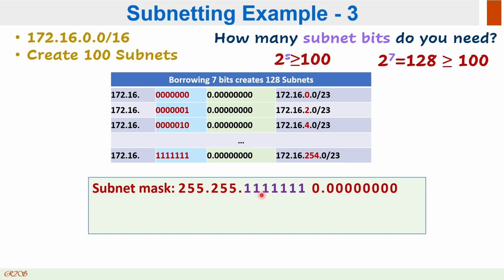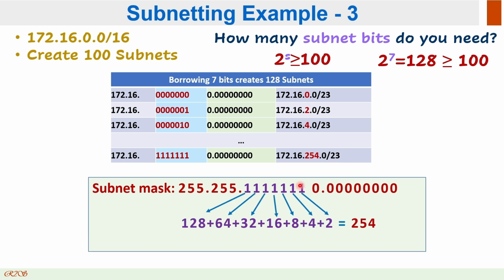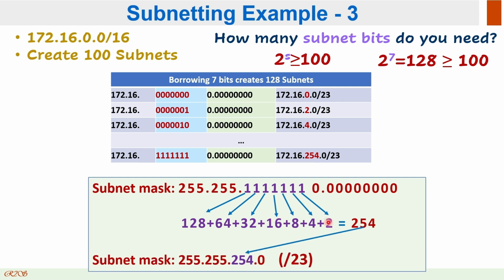If the 7 bits are 1, you can find, if you add them, I showed this in, I believe, the IP address part 1. So the new subnet mask is 255.255.254.0 or /23. All these 128 subnetworks have the same mask,